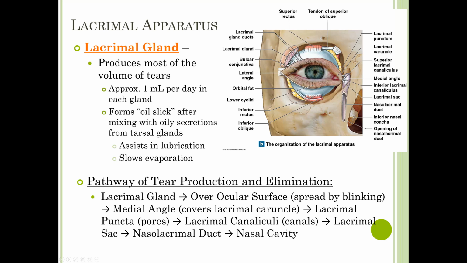From there they pass into a structure called the lacrimal sac, and then from there they're going to move downward through this nasolacrimal duct, and then they empty out through an opening into your nasal cavity. And so because tears drain from your eye to your nasal cavity, this is why when you do cry you end up with a runny nose. That's actually not snot coming out of your nose, it is your tears.